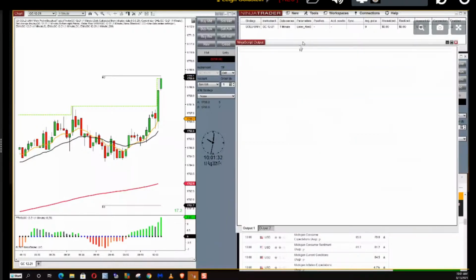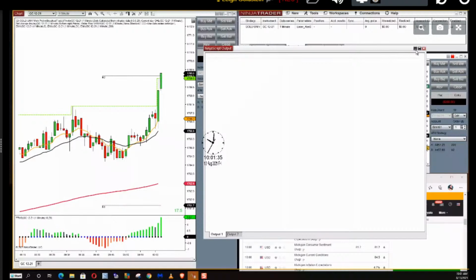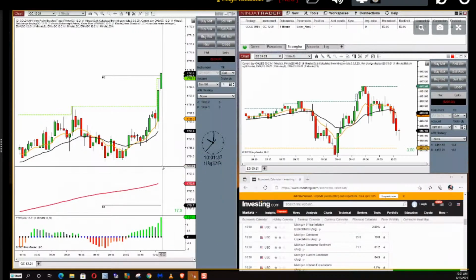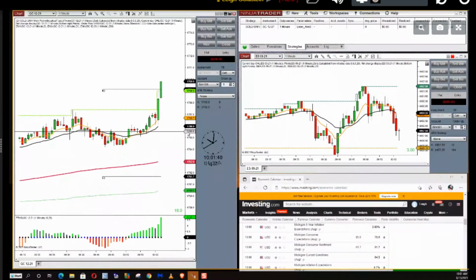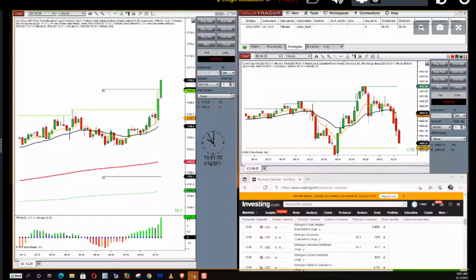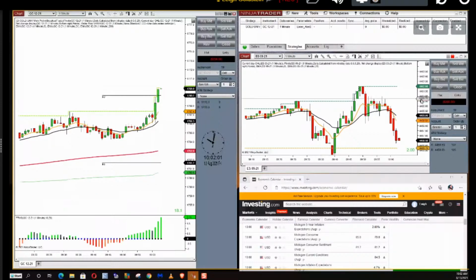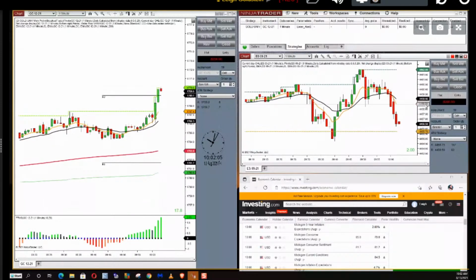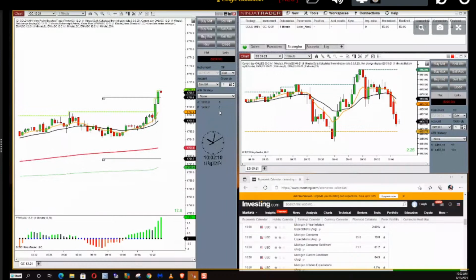And then what you want to do is minimize that chart. It's a part of every trading workspace that you use. If you just trade on one workspace, I have a workspace called Trade Room. I also have an earning workspace. Ninja Script Output is on every one of those workspaces because it shows you what the strategy has done, especially when you're trading live. So if you ever have something that takes place and you don't know why it took place, we can have the Ninja Script Output analyzed, okay?